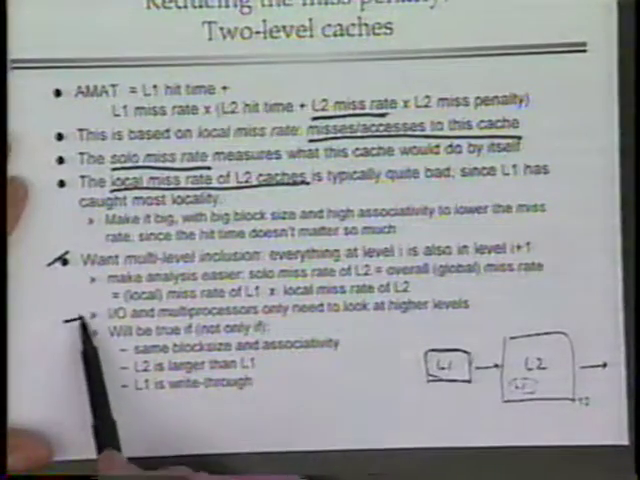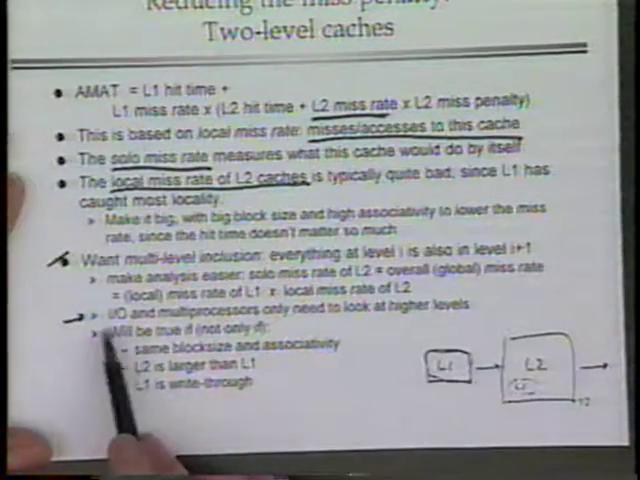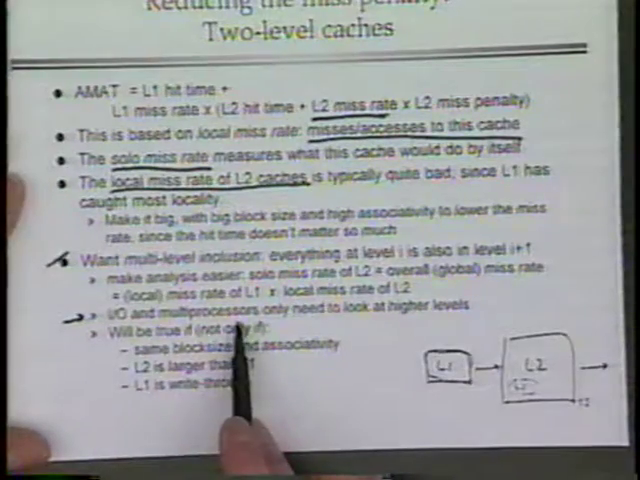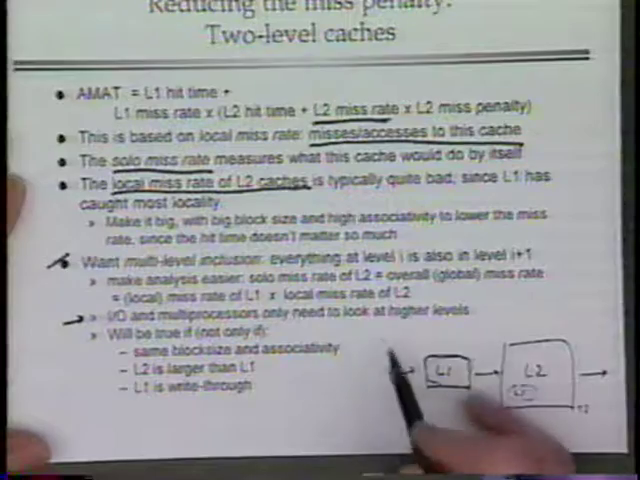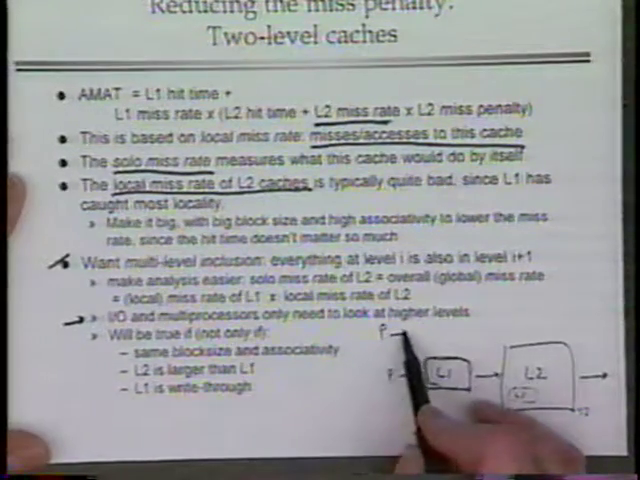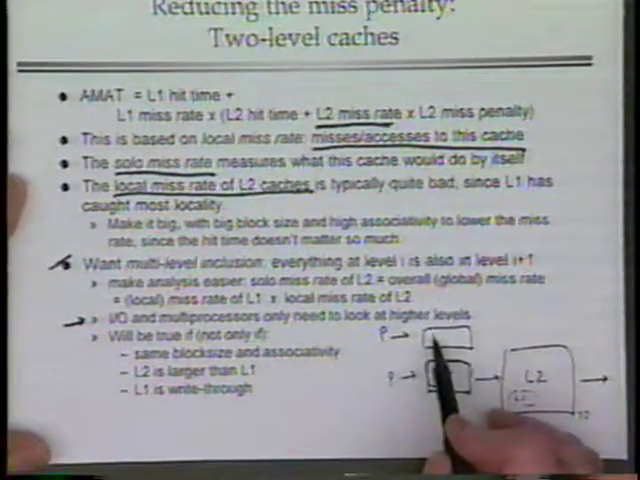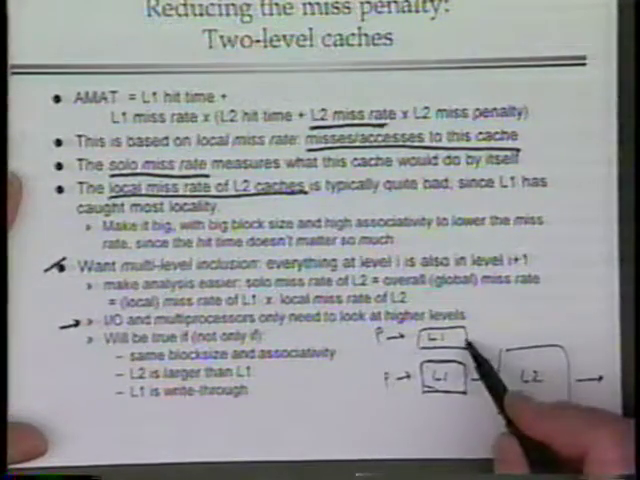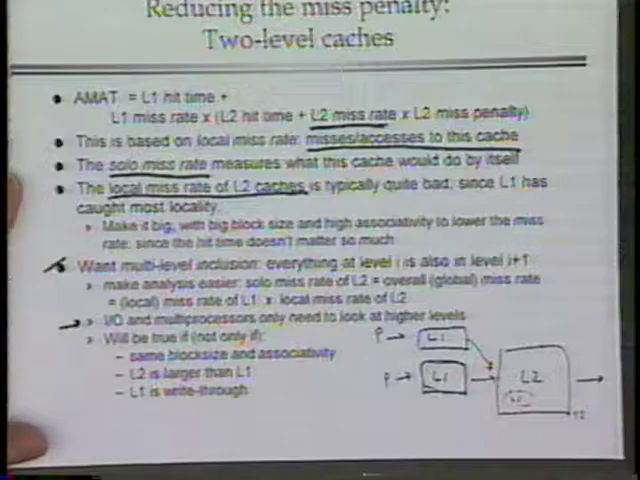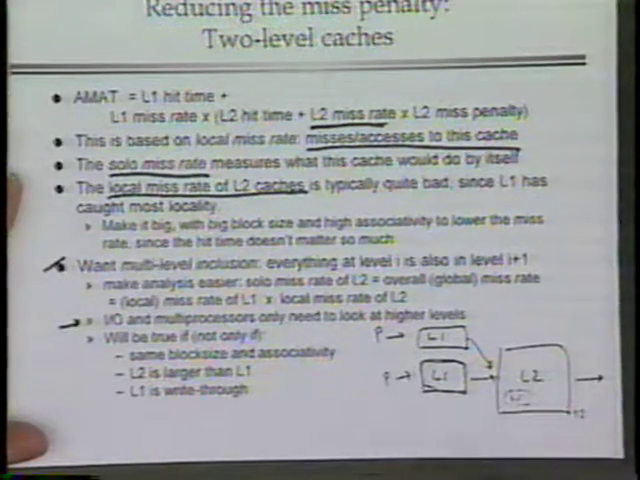A perhaps better reason is that if this is a system with multiple processors, and let's say this is a processor making a level 1 cache request, and we have another processor making a level 1 cache request to its own on-chip level 1 cache, and they're both making references to the same level 2 cache, you need this inclusion property to make sure that